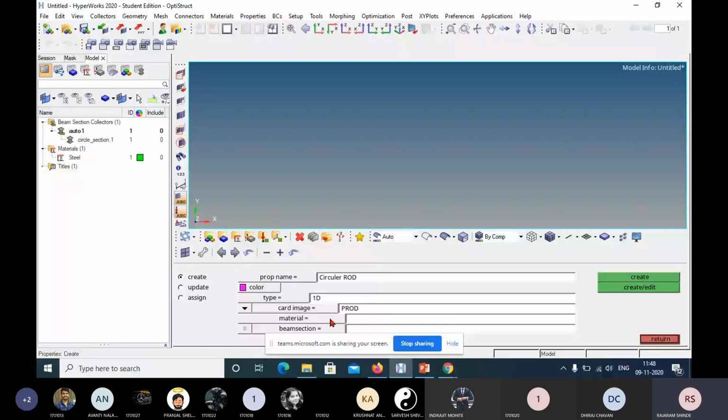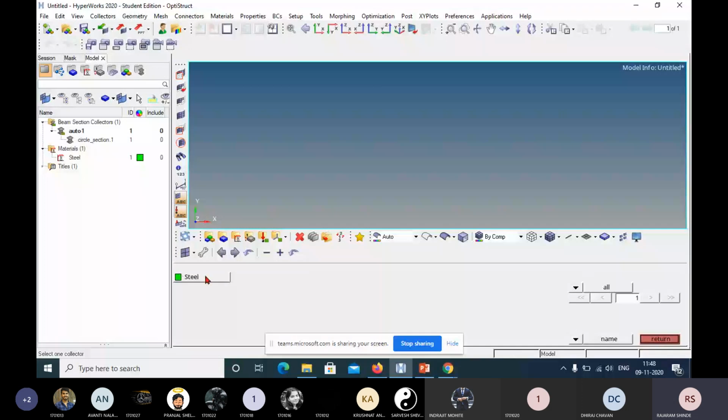If you have a number of materials for a single model, then you have to define the number of properties, and for each property you have to select the appropriate material. Now you select the material, the steel we have already created here.